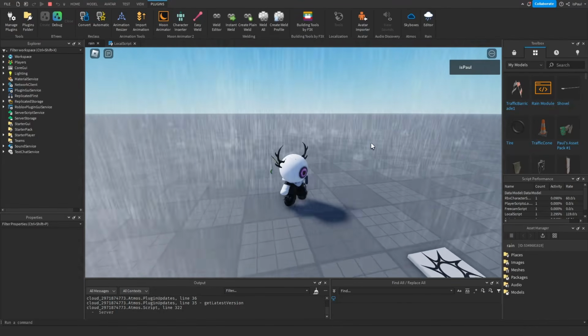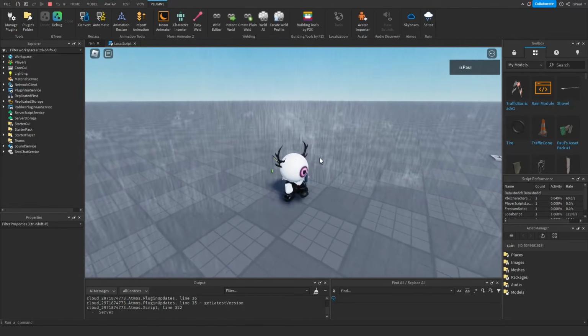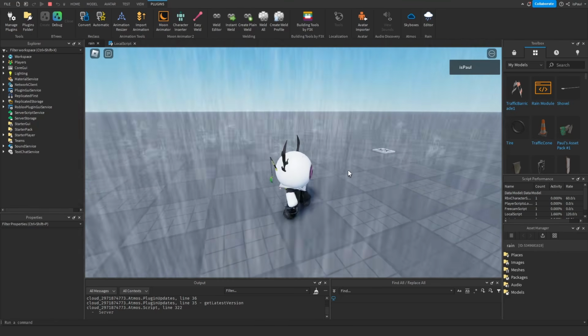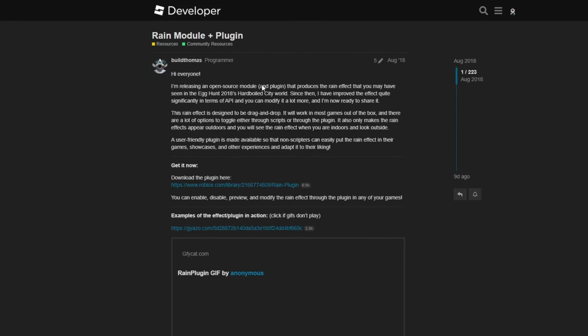So the rain plugin is a plugin which adds realistic rain to your game. It's this rain that I am presenting right now, and I'm gonna show you how to use it. You'd get the rain plugin from the marketplace plugins, and it's this one by Build Thomas. He also made a dev forum post about it, and there is a link to the plugin right here,